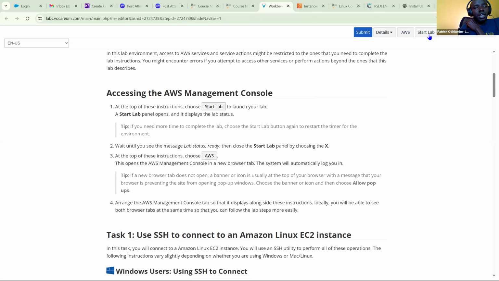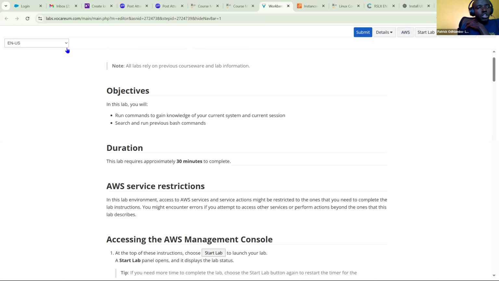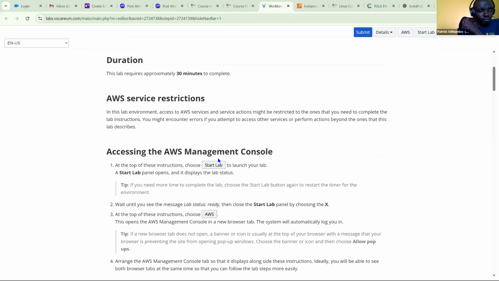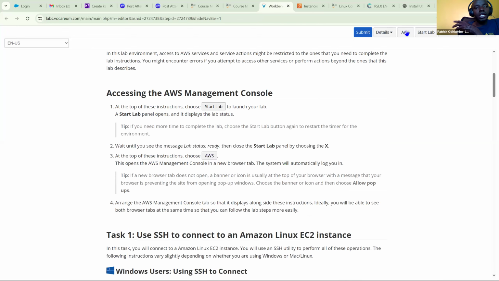Like here they are saying, click start lab. After start lab, wait for the dot to turn green. My view here is the instructor's, this is the student one. The AWS thingy has this side with a dot, so you wait for the dot to turn green. Green tells you it's ready to go. Then you click on AWS, which will open the AWS console. I will not click on it because I've already done that.